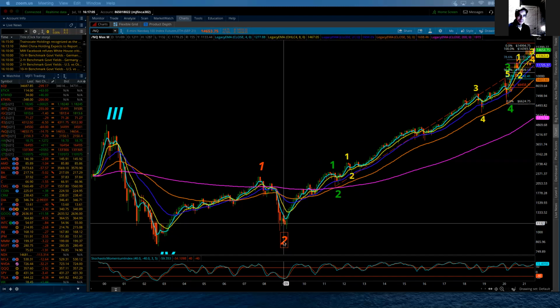As you remember, in an update that I gave on Thursday, I talked about how I have taken the count for both the S&P and the NASDAQ 100, and I bumped it up 1 degree. That doesn't change the structure in terms of what we're looking for going up, but it does give additional room to that end phase, this finishing phase. And the primary reason that I did that is because, number one, it fits better, because the market still is kind of giving us clues that the buying is not done.